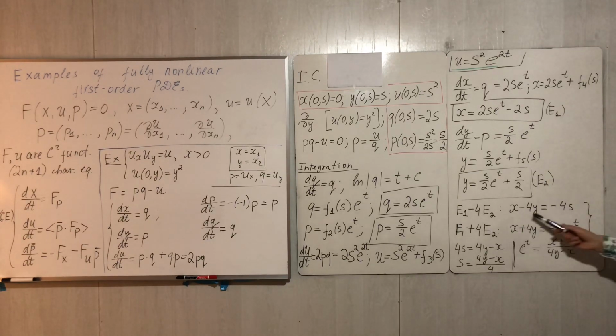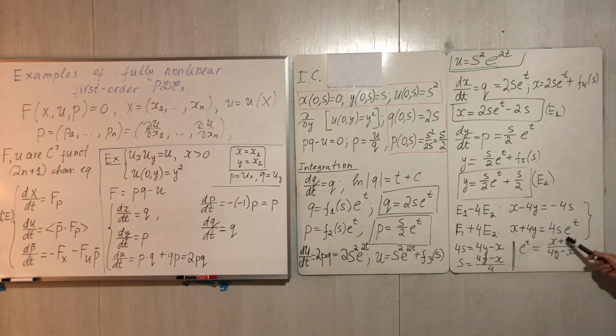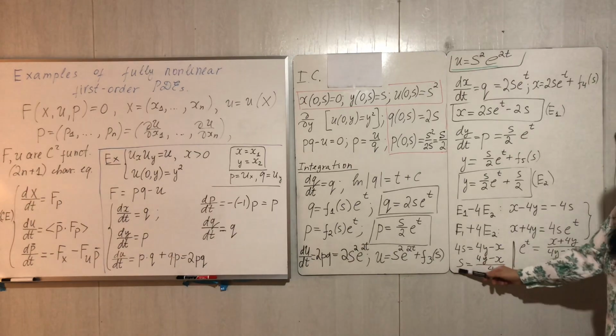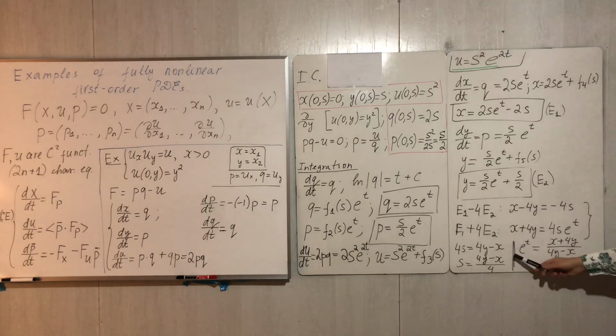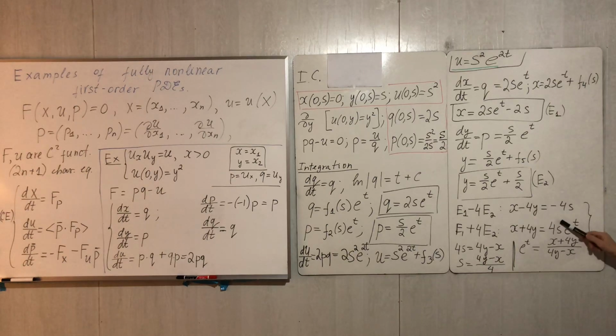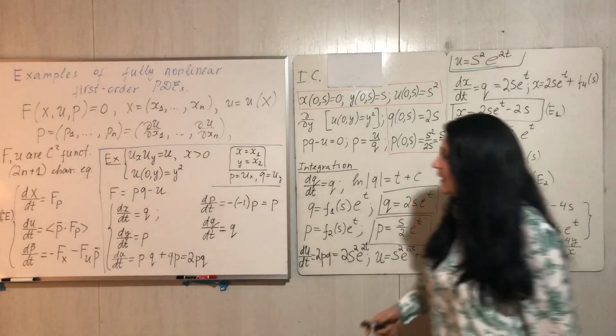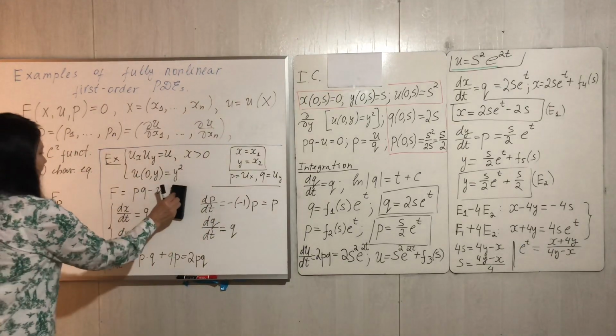And from here we can have an expression for 4s, and we have an expression for s that we will need to plug into u. And then for e to the t, from the second equation, if we replace 4s with 4y minus x, for e to the t we will get x plus 4y divided by 4s, which is 4y minus x. So basically now we have everything we need to be able to write down the